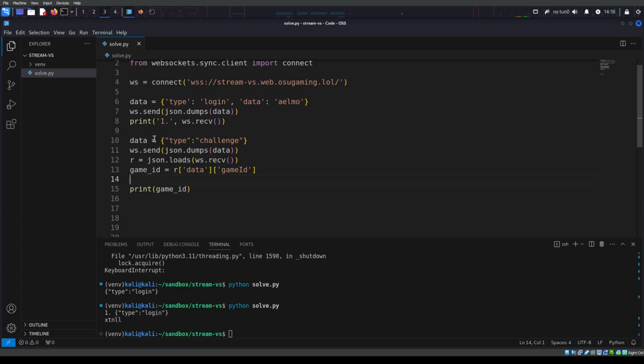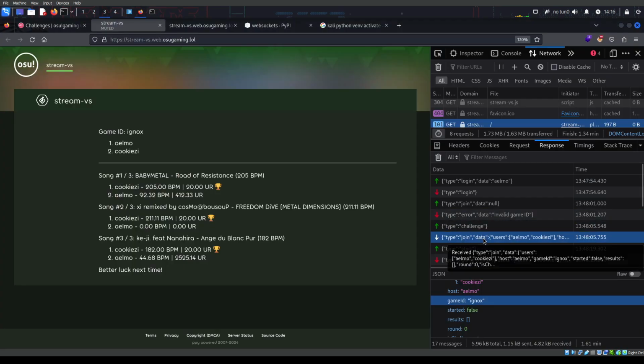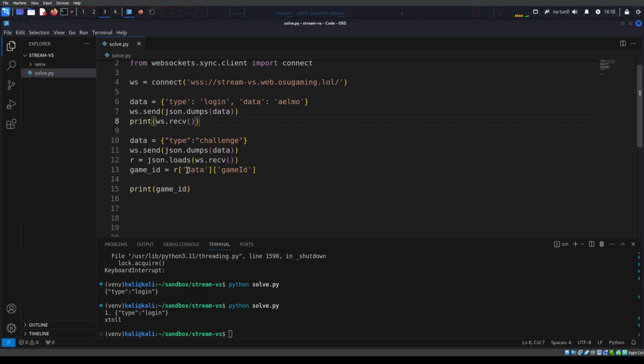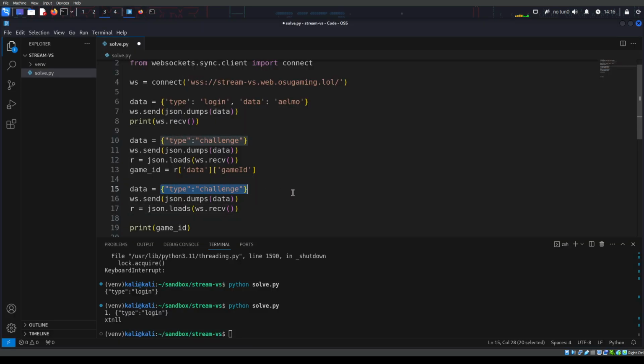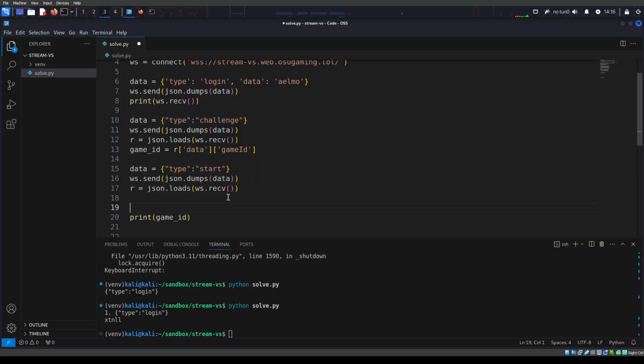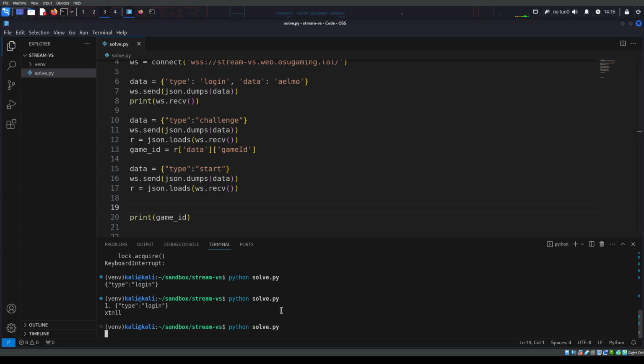And let's actually remove this, because we're not going to be consistent with that. So now we received the game ID and we have it stored. Now let's actually start the game. So let's copy this and let's start the game. So I'm gonna copy this message. DevTools is being very, very useful here. And let's see what we get. So if we run this,